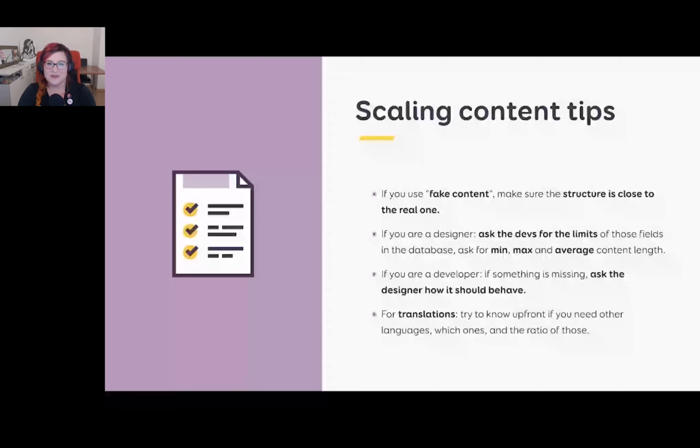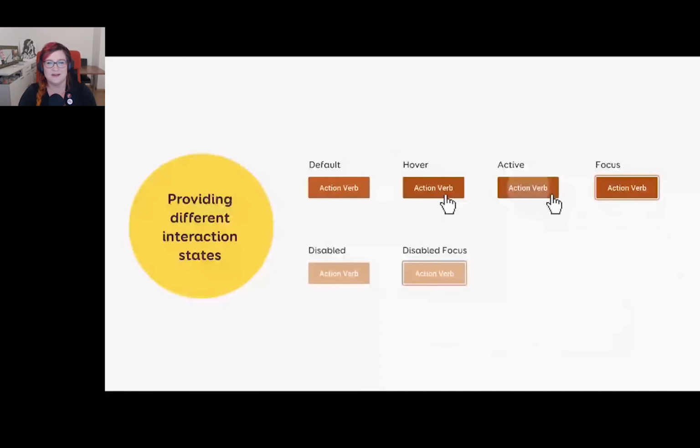Last but not least, I also need to think about different interaction states, not just the default one. So usually the most obvious one is, okay, you need to have a hover state for any components. But there's more, like, what about active states, but also focus for keyboard navigation. And then let's not forget about users who can't interact with an element because it's disabled. Those need to be designed as well. So usually what we do, so that developers don't have to go through 100 mockups to find the different states, is we have a specific page in our design system that will document all of those small little states, so that when they build a component, they know exactly how it's supposed to behave.